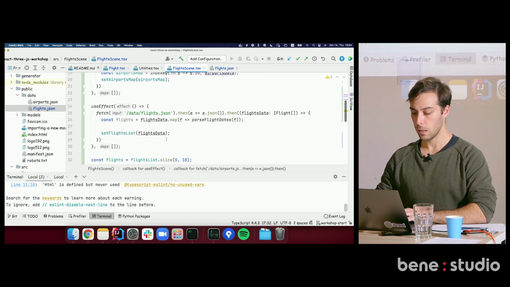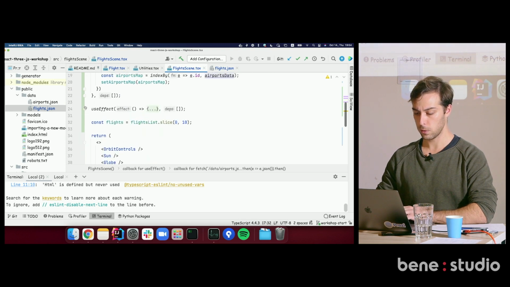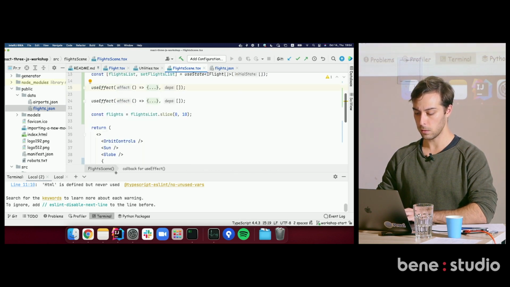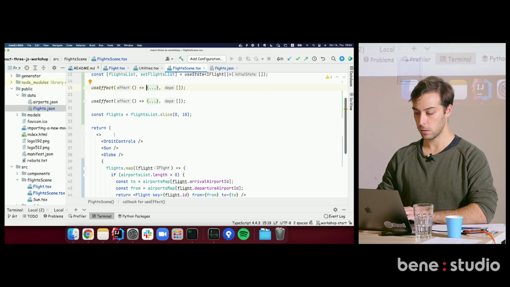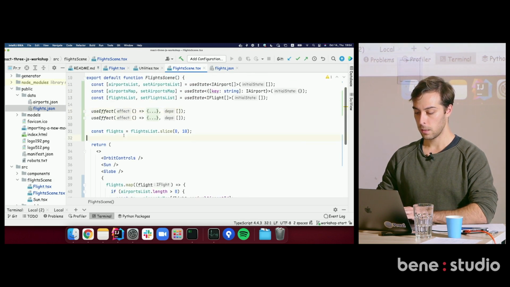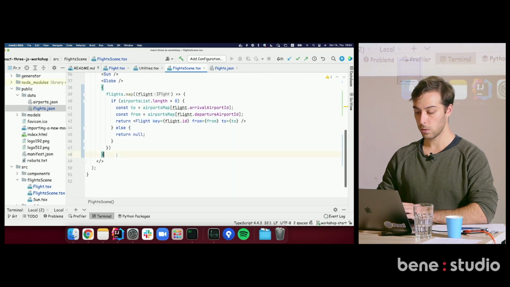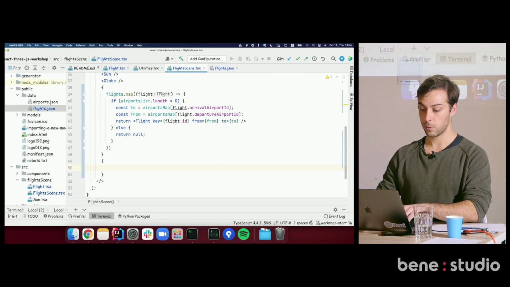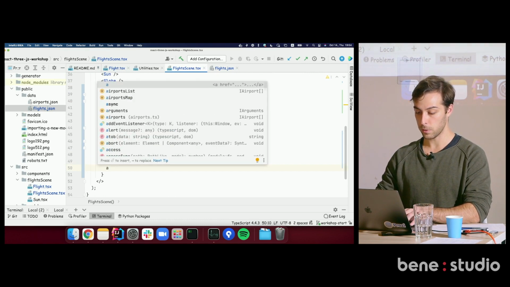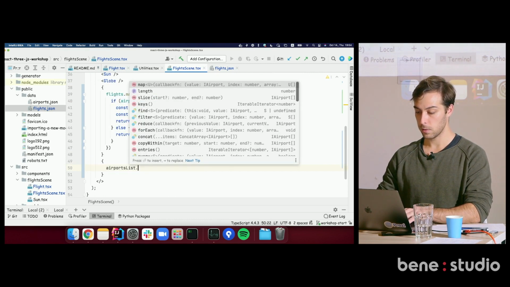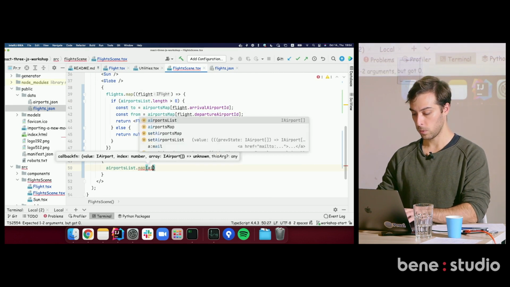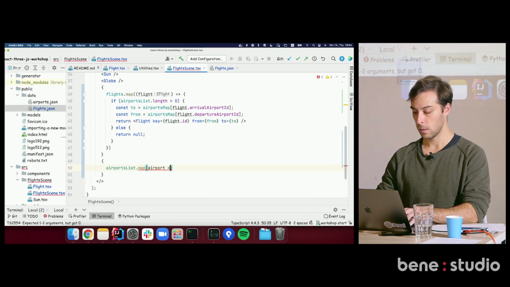So if I want to proceed from here, let's just close this up because I have very little room on the screen. So we can use the same array expansion like we did for flights. We can expand all the airports. Airports list, map. Here is one airport. And